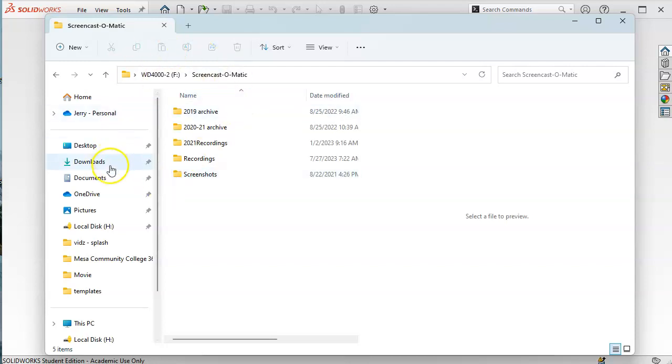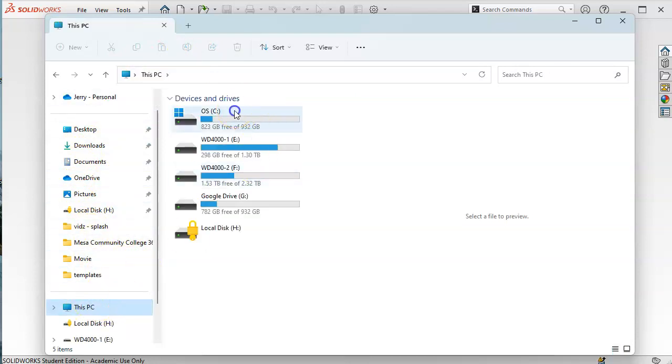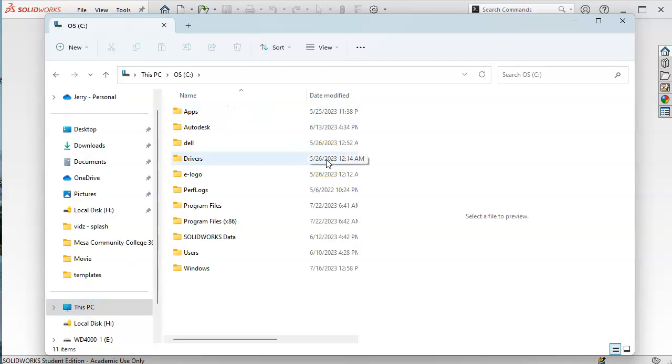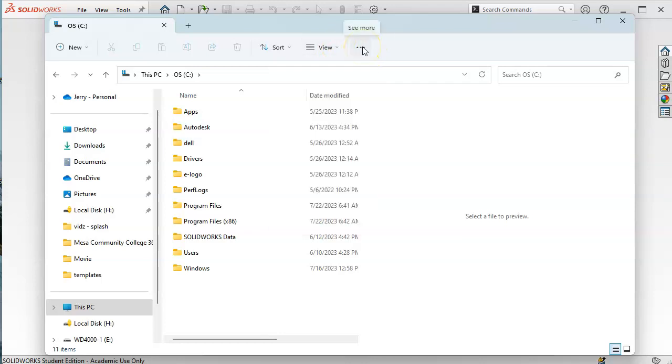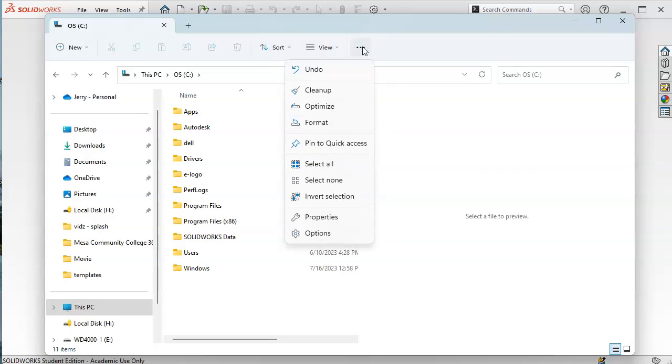One of the reasons that I like the cloud drives, let's see, let's find our C drive here, is that for whatever reason, and probably after the last, well, might as well call it 25 years of software and operating systems and making things work and be able to continue, they have kind of scattered where everything is at. So in Windows 11, we're going to look for, and let's see, nope,